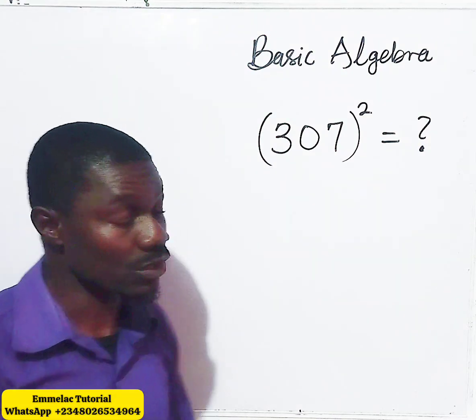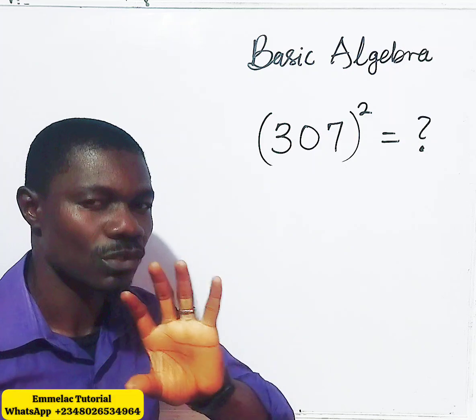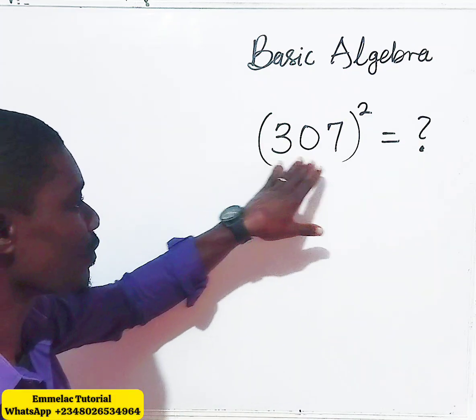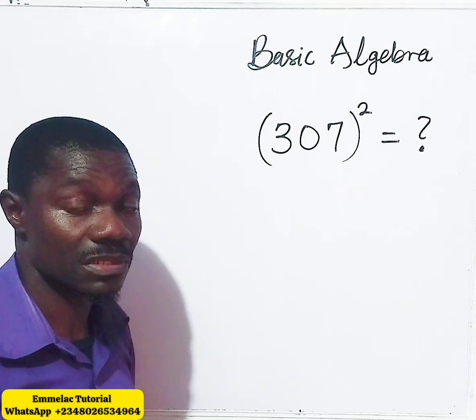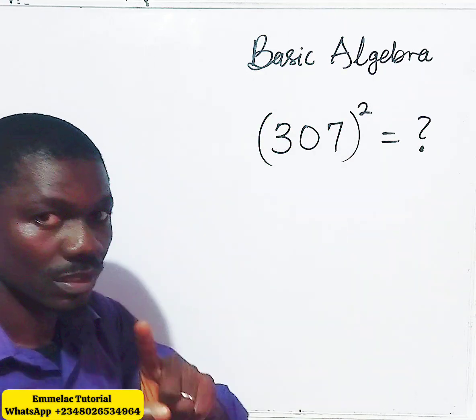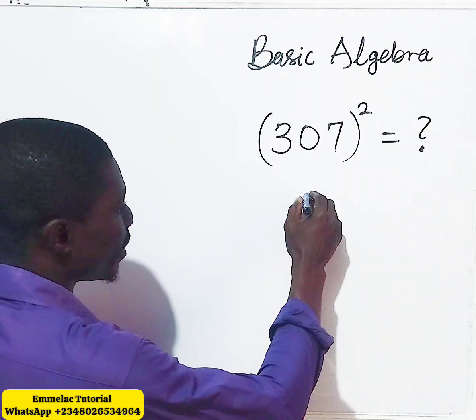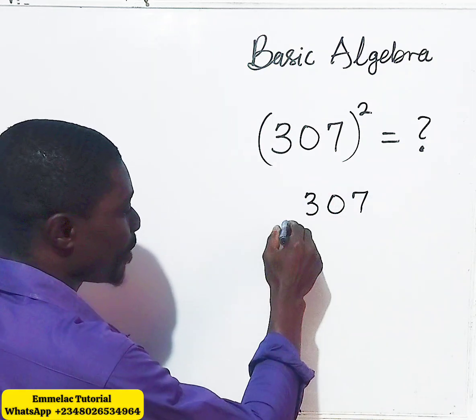In this tutorial today, we'll be looking at how to evaluate 307 raised to 2. So any number in this form, 307, maybe 109, 120, wherever, raised to 2. Here it is: 307. This implies multiply by